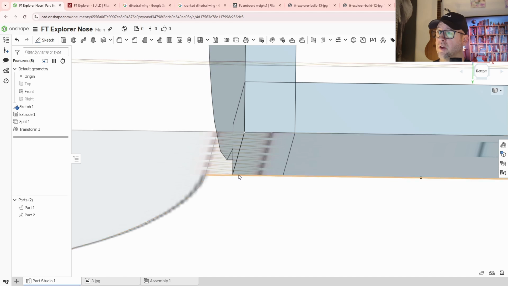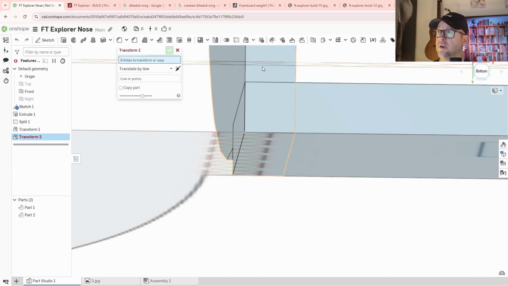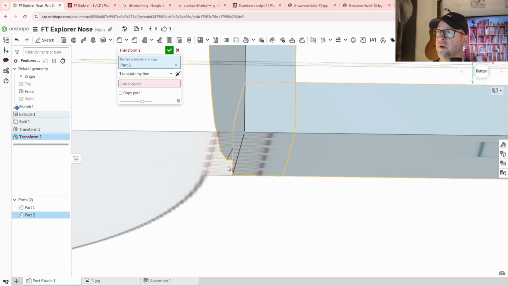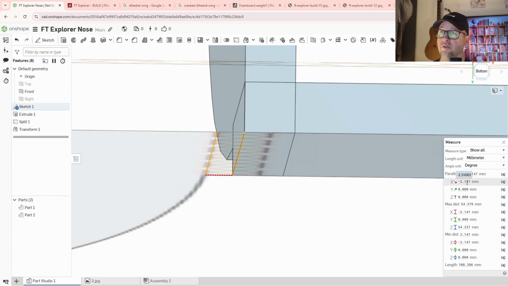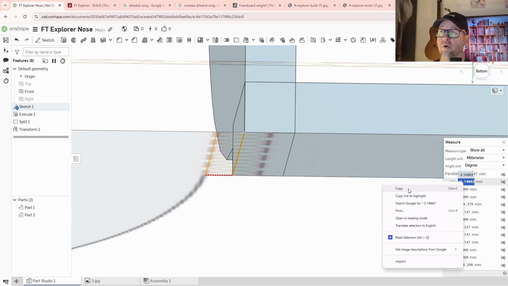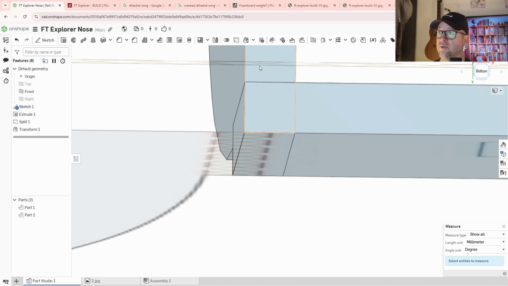So we can just take this, do another transform. Here, transform, we're gonna rotate it. And then first we can find out what the distance is. So let's go down here to measure. And we are gonna measure this edge to this edge. And it's telling me that this is 2.147, so I can right click. We're in the x-axis, so I'm going to right click on that. I'm going to copy that, and I'm going to transform this guy,